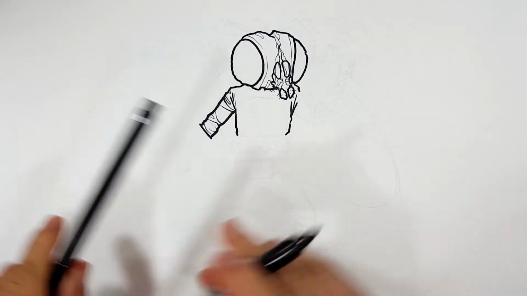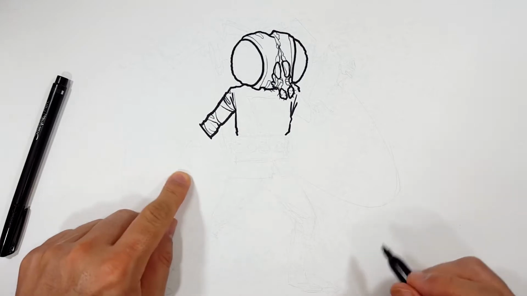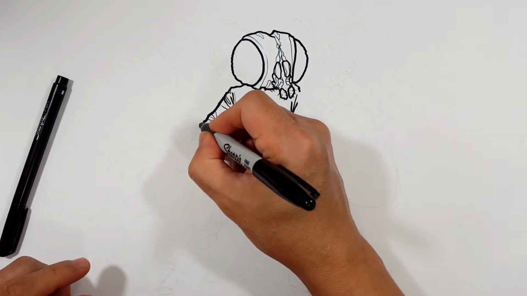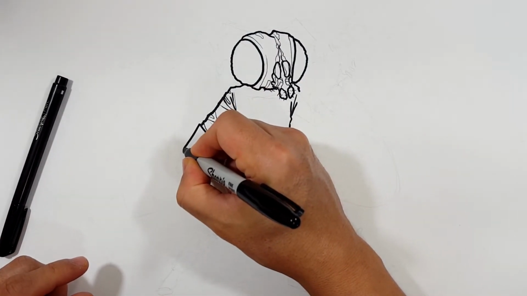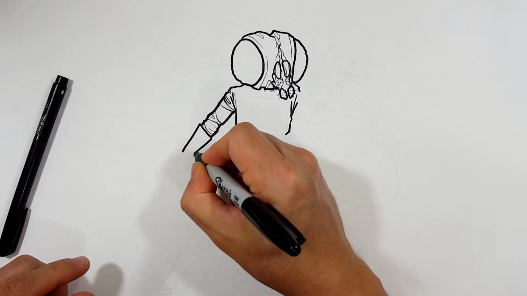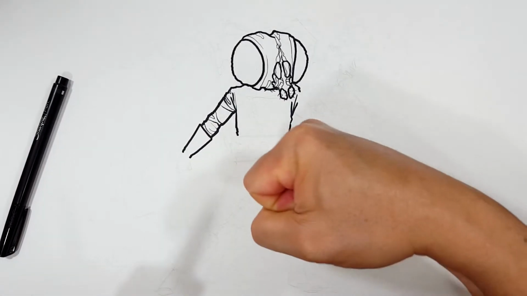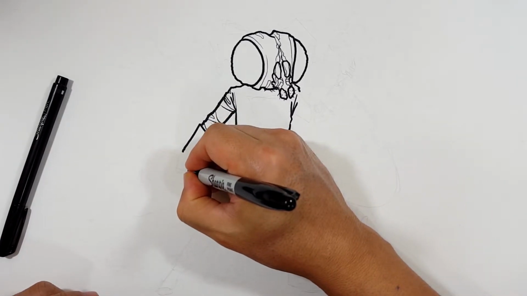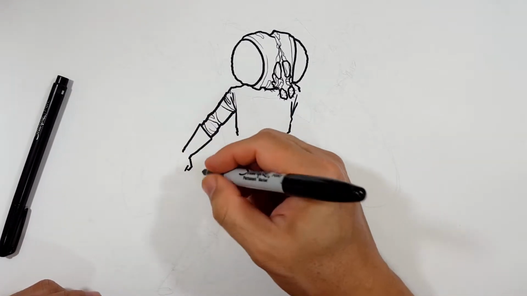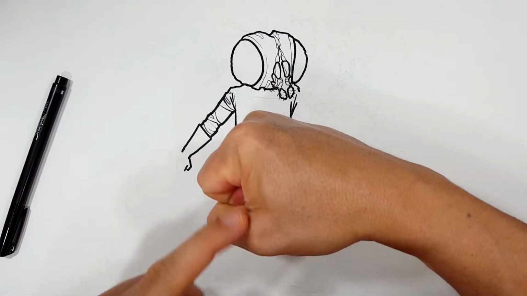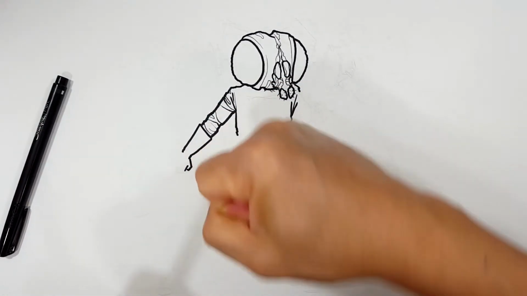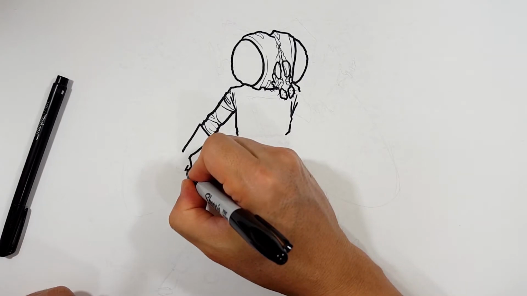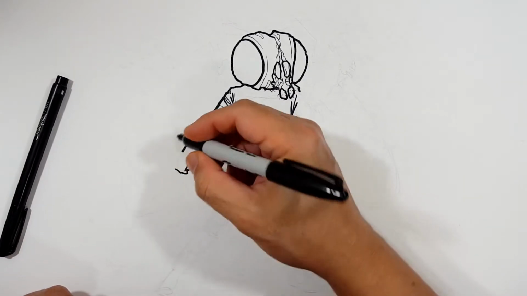Okay, so let's go ahead and continue his hand here. He's wearing a glove, big old black glove coming down here like this to the wrist. There's the other edge right here. And he just got his hand in a fist like that, so nothing too crazy. We're just gonna come out here with the thumb, bring it in for where it's folded over like that. The knuckles are gonna come down here like this.